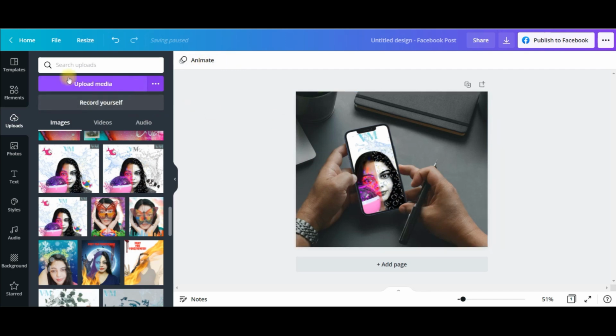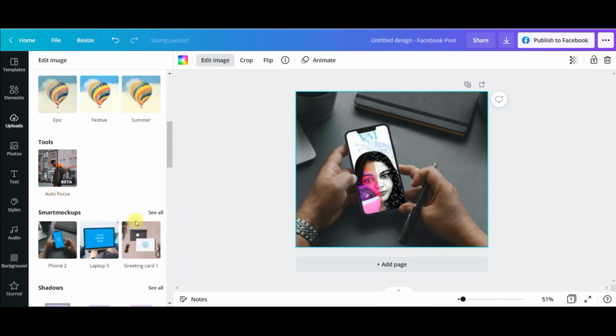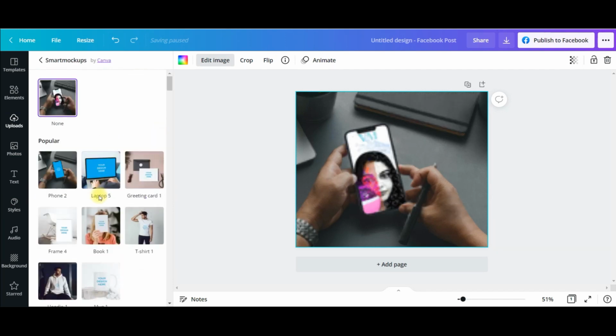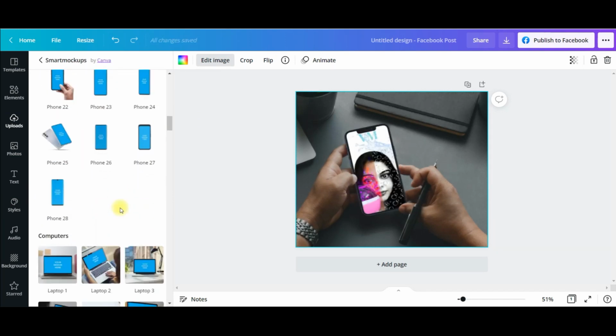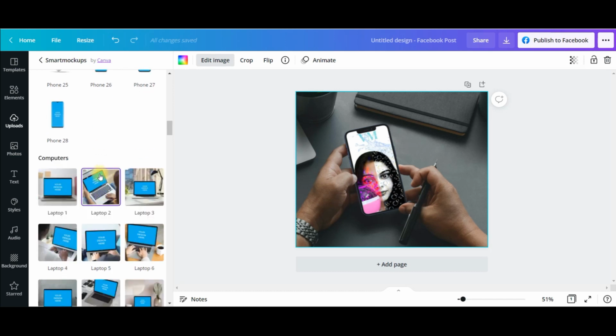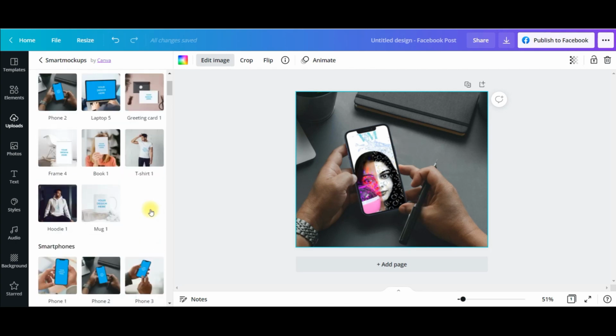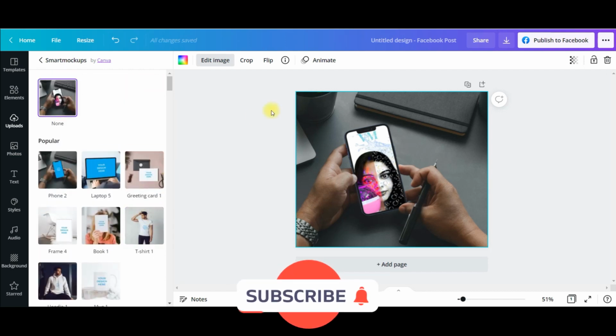You get different mockups. Like if I choose again, I go to Edit Image, I can show you. You just play around. There are different types of mockups, smartphones. Just play around. This is a nice option which Canva gives out of the box and makes your templates and designs scale up to a different dimension. So try it out on your own. And let's quickly go to our next tip.